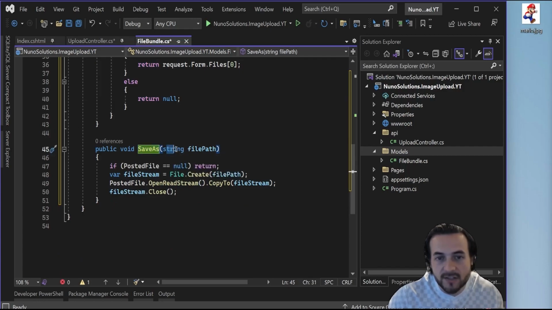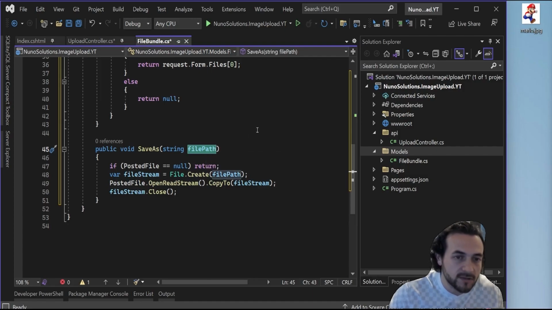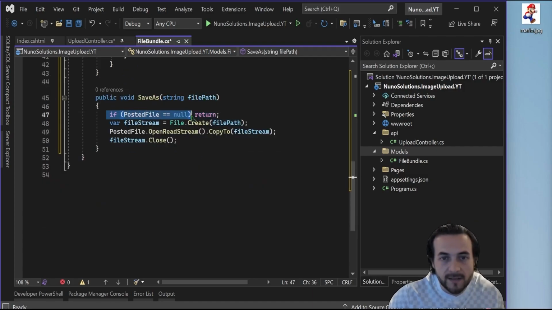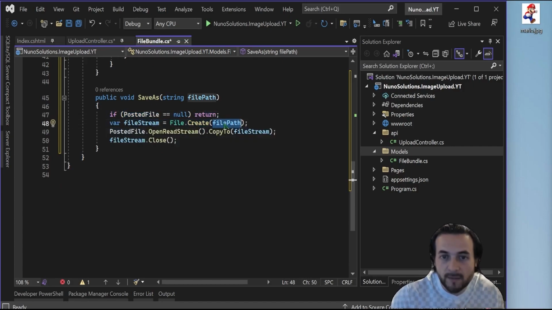It requires a string that's a file path. So this is whatever file path we want to save our image to. It checks if the posted file is null, then just return. That means there's nothing to save. But if the posted file is valid, then we're going to create a file stream using the file path,